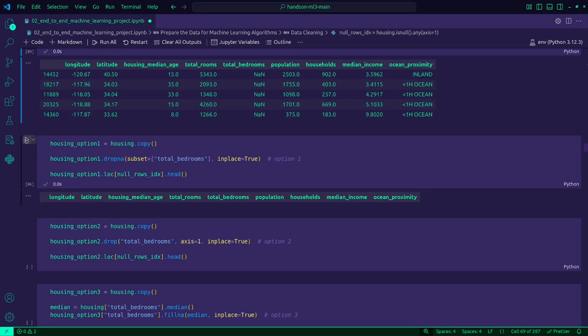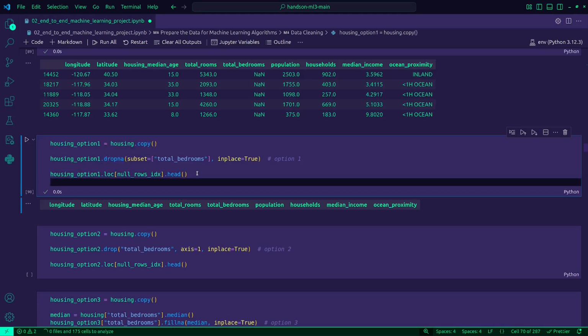Okay, now let's do these one by one. We are copying housing into housing option. If I do housing option 1, what will I get?